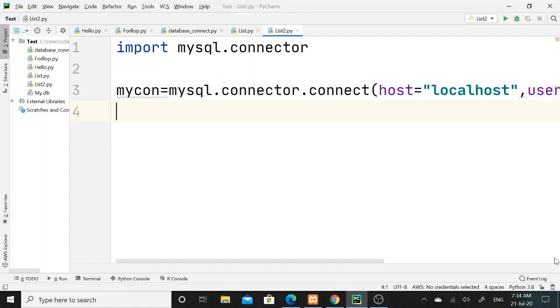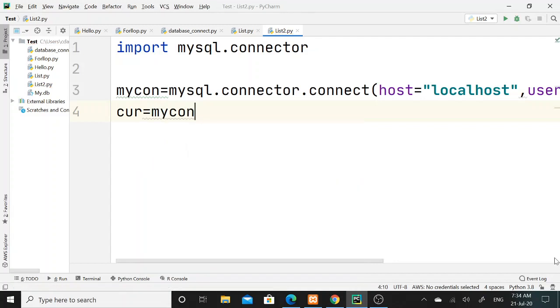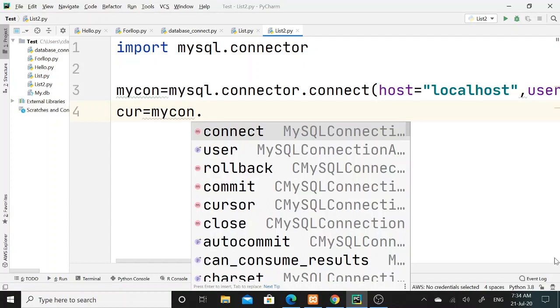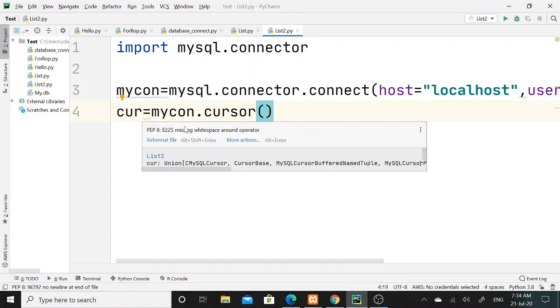Later on, I will declare another variable, cur. With the help of the mycon variable, I will invoke the cursor function and assign its properties to the cur variable.